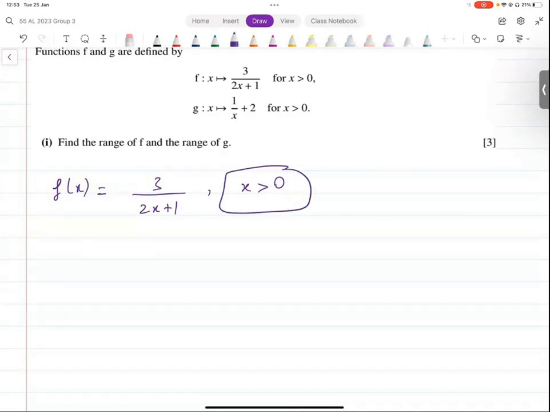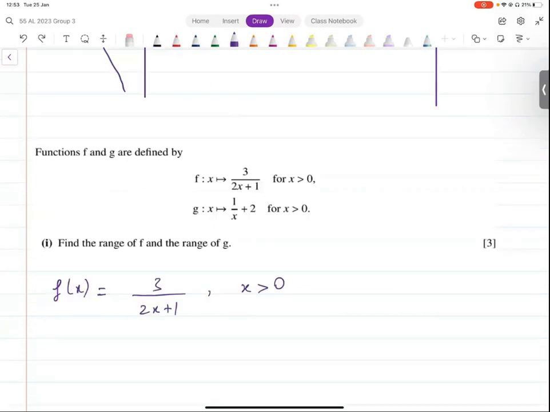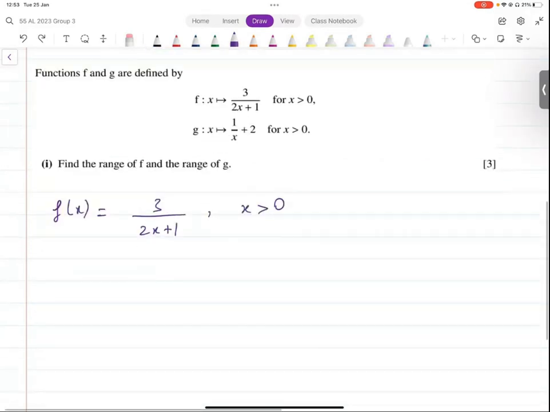x greater than 0 लिखा हुआ है. So what's the minimum value of x that you can have? It's something close to 0, right? 0.000001, so something very close to 0. What's the maximum value that I can take here? मैक्सिमम वैल्यू इज इन्फिनिटी, एक्स की वैल्यू जितनी मर्जी बड़ी हो सकती है।